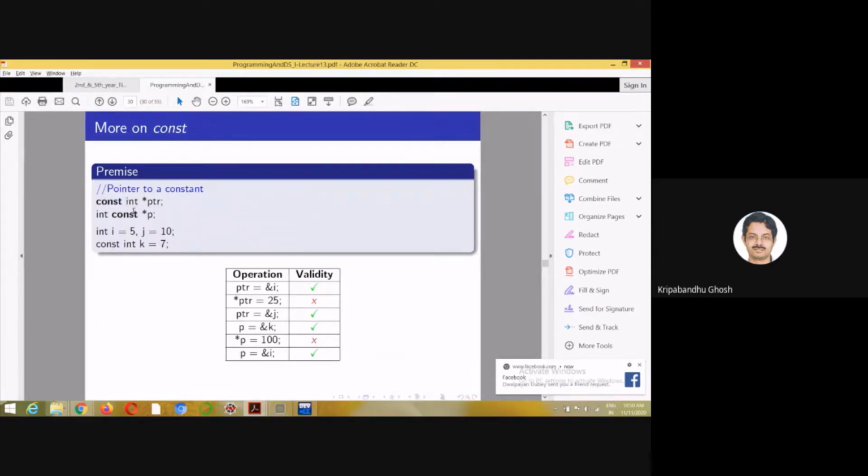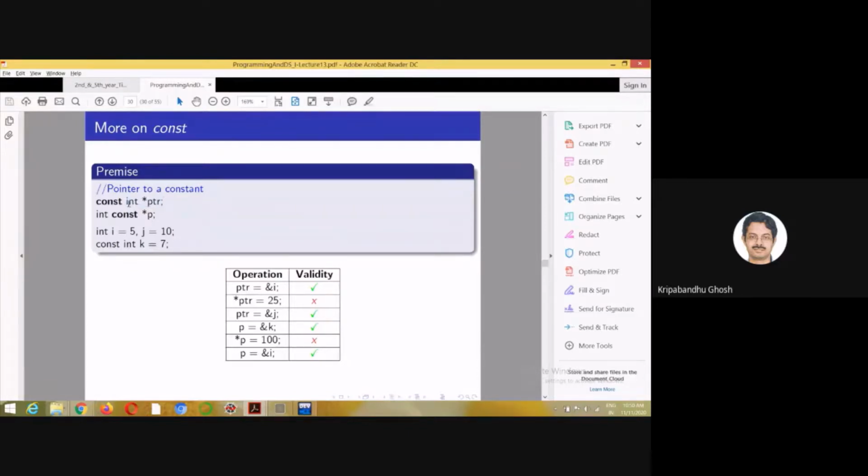It has different connotations. If we put a constant here, it means that it is a pointer to a constant variable. What does that mean?